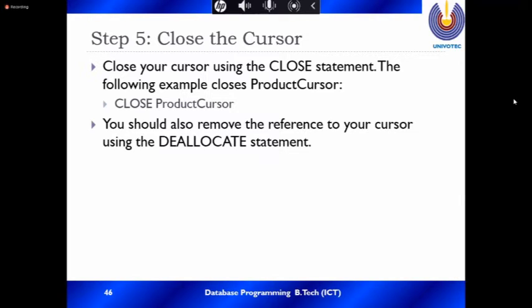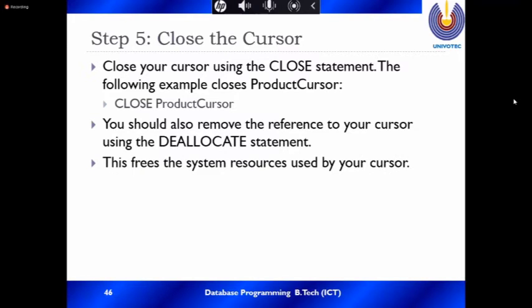If you want to remove that reference, you use the deallocate statement. It frees the system resources used by your cursor from your computer. The deallocate statement is optional.